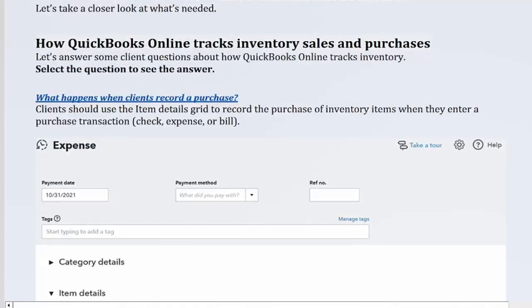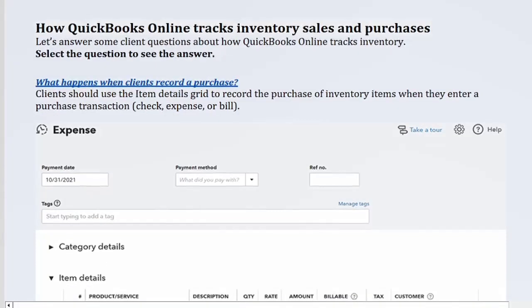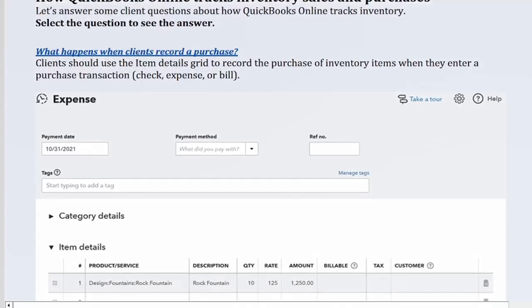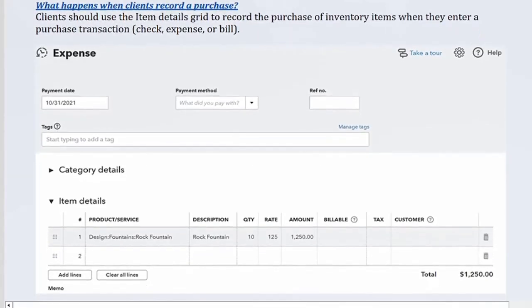How QuickBooks Online tracks inventory sales and purchases. Let's answer some client questions about how QuickBooks Online tracks inventory. Select the question to see the answer. What happens when clients record a purchase? Clients should use the item details grid to record the purchase of inventory items when they enter a purchase transaction,